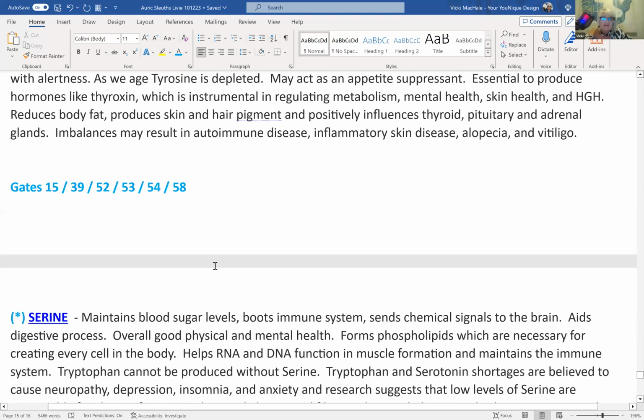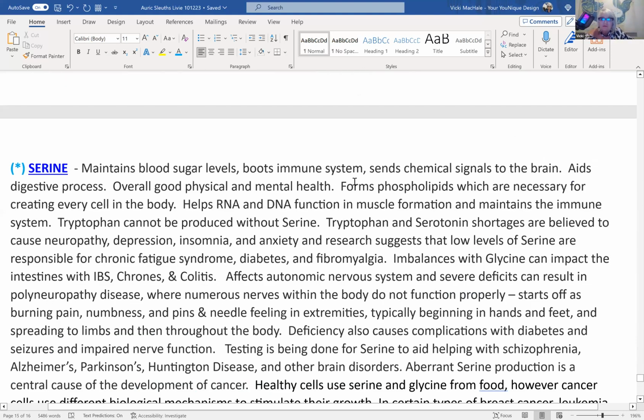Serine is about blood sugar levels, immune systems, sending chemical signals to the brain, digestion, and physical and mental health. It also helps with DNA and RNA function. As you can see, I think you said that she's having some mental health issues right now and some